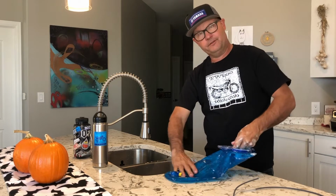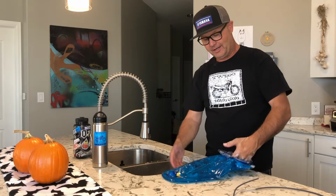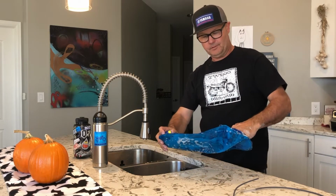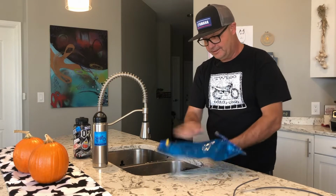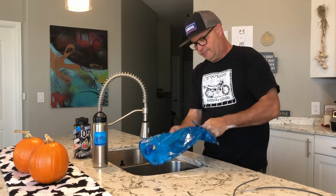And usually if you clean out your bag right when you get home from your riding, you don't have to go to this level to clean it. But when you don't do your due diligence and clean it out right away, then you're going to be getting down and scrubbing,